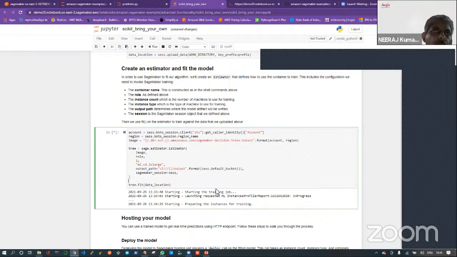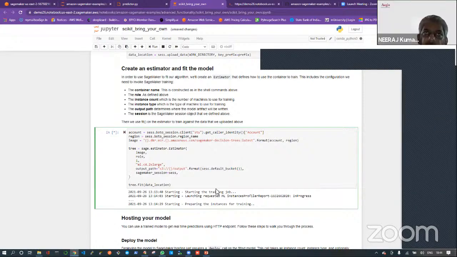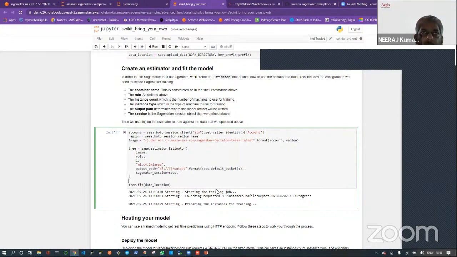Yes. So for doing your training, you need two things: a training program, a Python script, and training data. Both the things we have provided inside the container through SageMaker. SageMaker does the orchestration of bringing my data and my program and running it as a container behind the scene.